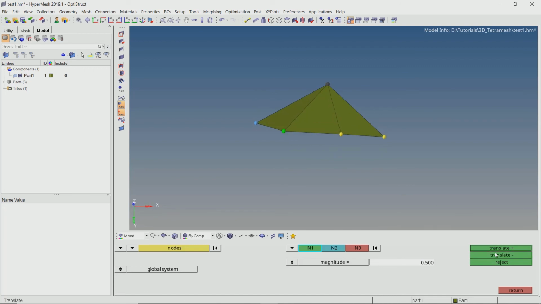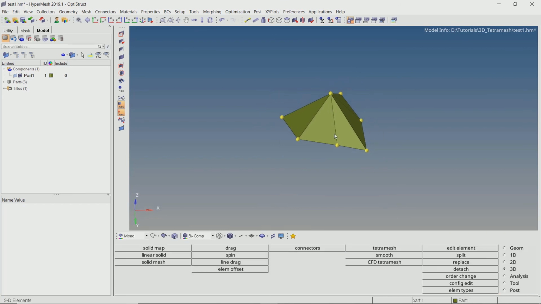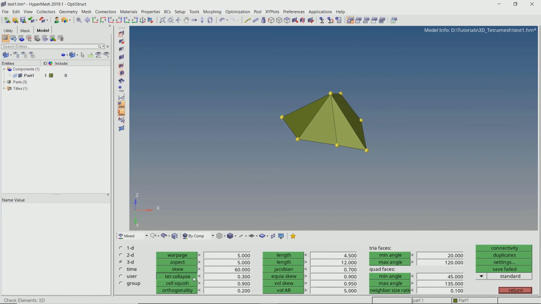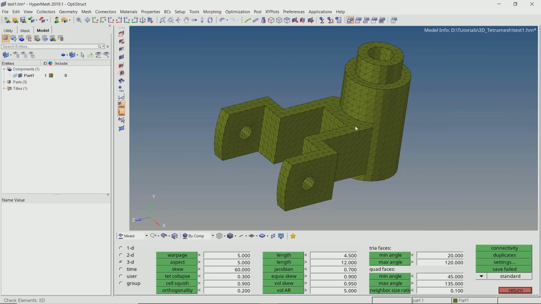As you can see, these elements have now passed the TET collapse quality check. For final verification, unmask all the elements and check for TET collapse. It is clear that none of the elements are failing anymore and our mesh is ready to be used in any simulation.